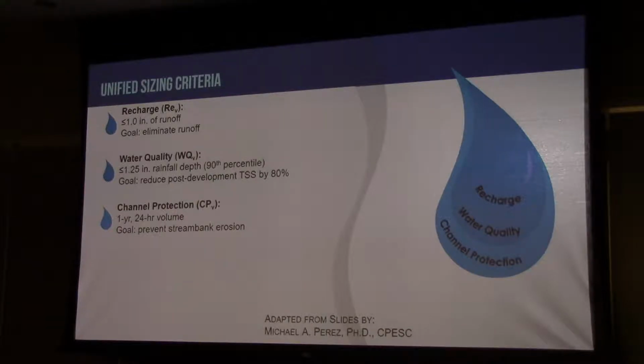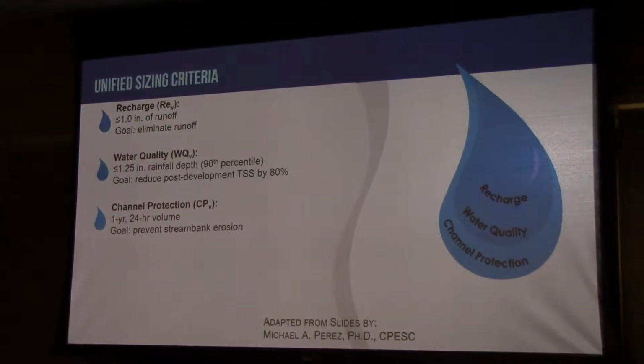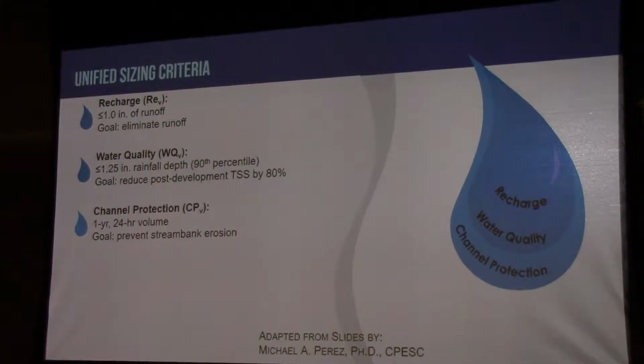And then the third tier is channel protection volume, and we're looking at storms that happen about once a year on average. So we're here in central Iowa, you're talking about 2.6, 2.7 inches of rain. So it's a very common event, but these are the storms that tend to create a lot of flash flows in our small streams, and so that's why it's called the channel protection standard.